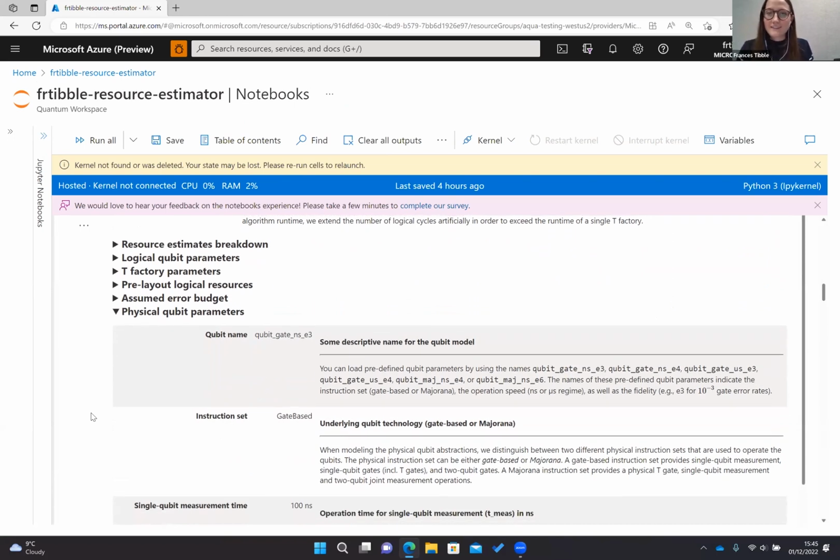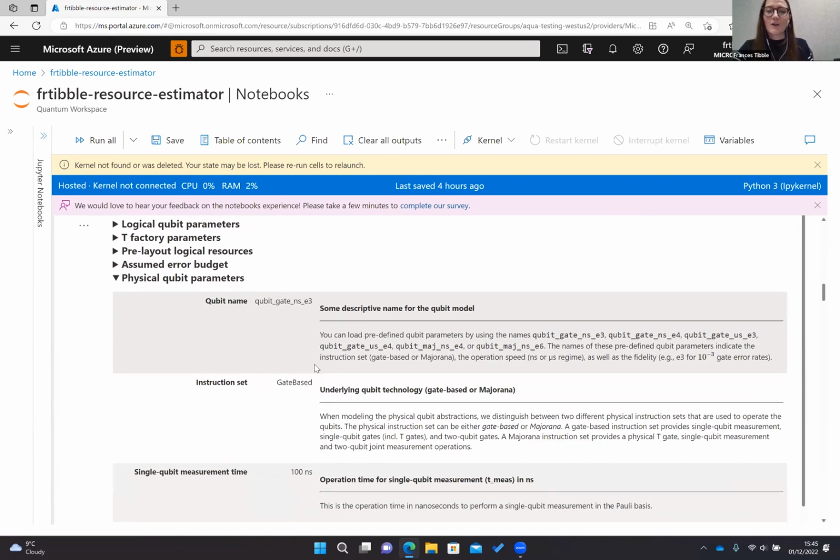So the nice thing about the resource estimator is that it's customizable. So in the default parameters that I ran with just then, it was using a qubit gate ns e3 parameter setting, which is basically a description of the qubit parameters that were predefined.